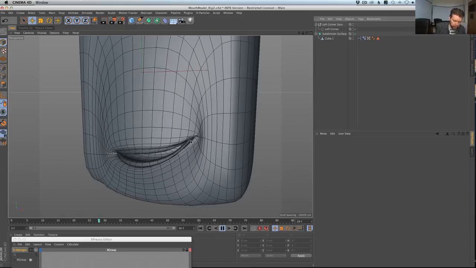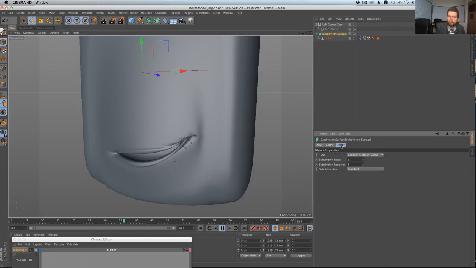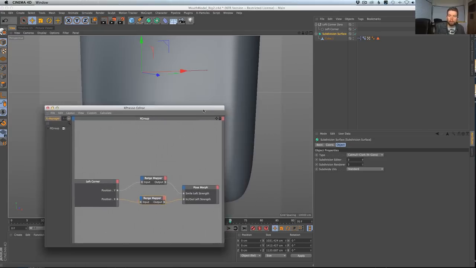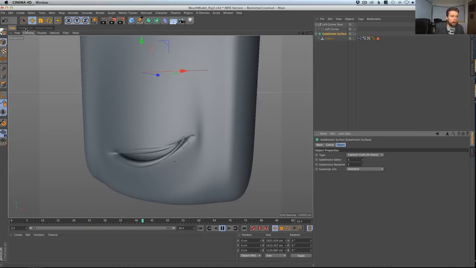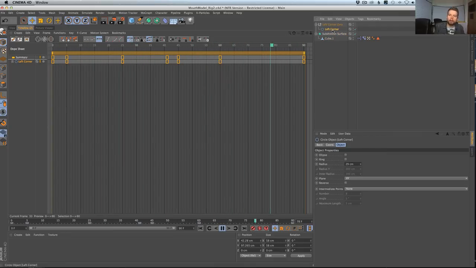Let's hide our polygons here. So that's kind of moving around. He's smiling. It's moving over. Let's smooth that out a little more. These are not very sexy keyframes. But at that point, what I would do is go into our F-curves. F-curves two times in one day. All we're going to worry about is the left corner of our mouth.